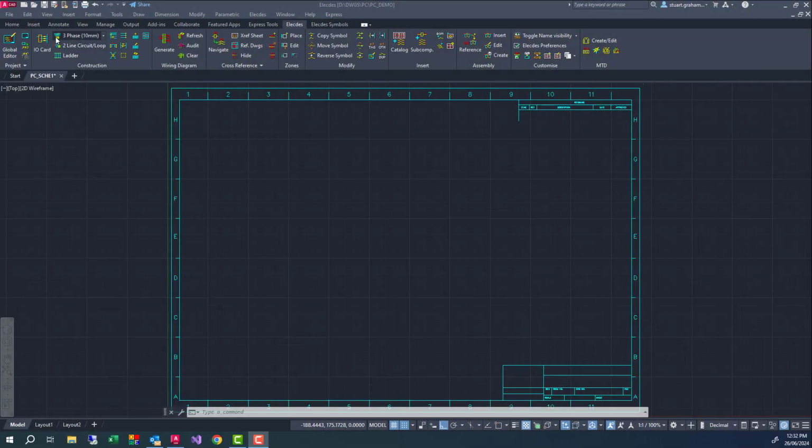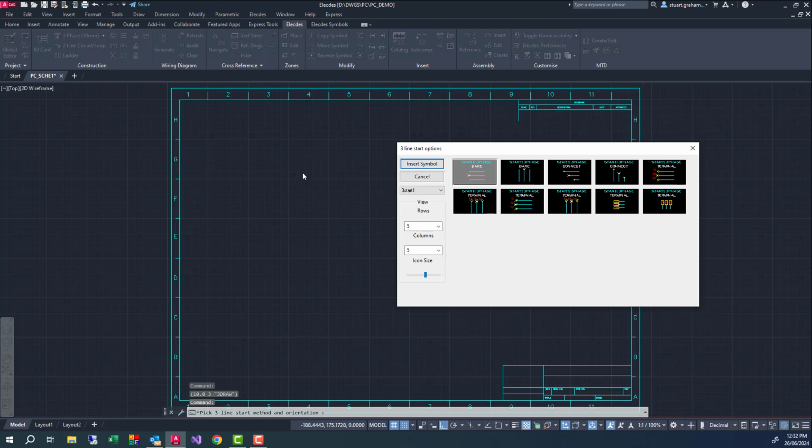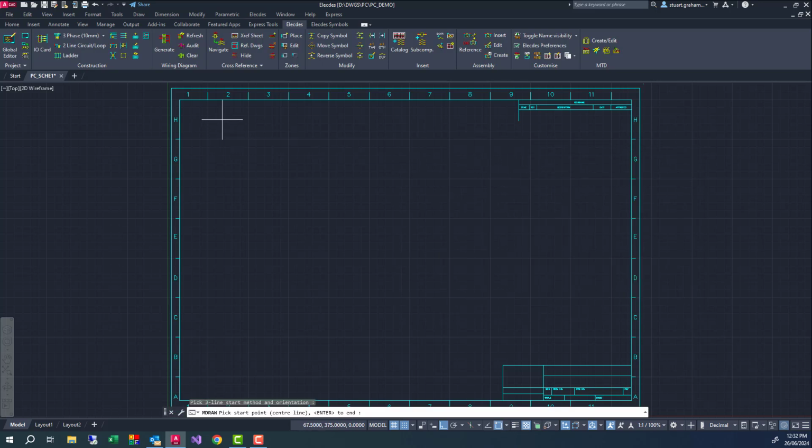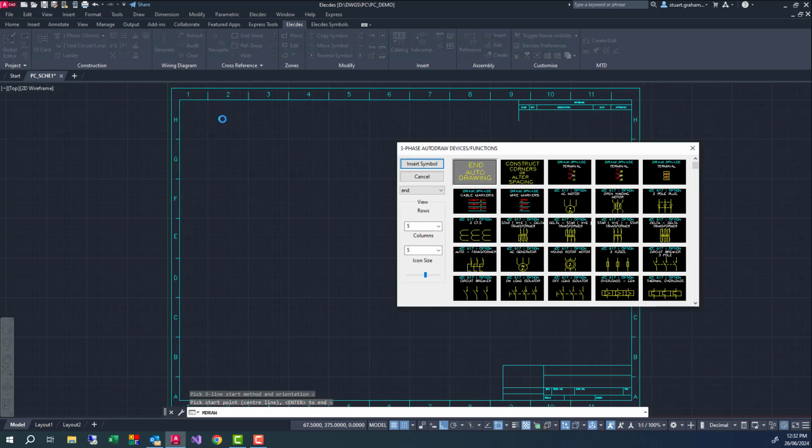The first circuit I will draw will be a three-phase bus diagram. On the Circuit Start Options palette, I can choose orientation, connection and the start components in my circuit. I'll choose a vertical start with no connection. Now I can select the next component in my three-phase circuit. I'll choose a Square D circuit breaker and name it CB1.